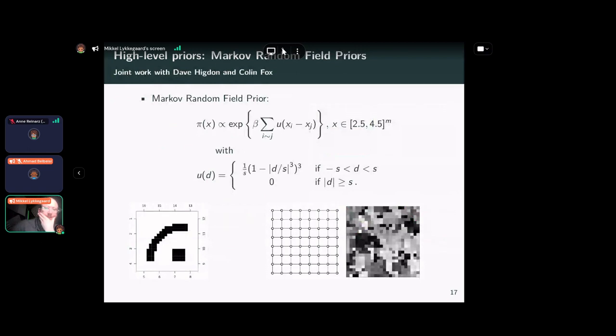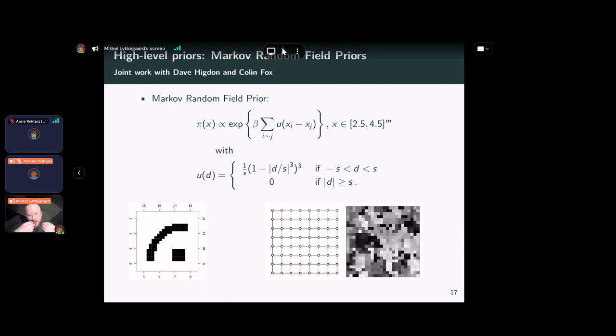And this is some of the most recent work I've done. This is joint work with Dave Higdon and Colin Fox. So this is an old problem that Dave has been working on for many years, and it's a very difficult inverse problem because of this prior. So this is a Markov random field prior, and the interesting thing here is that if two neighboring cells are differing enough, then, well, how should I put this?